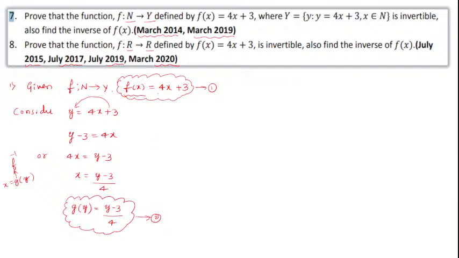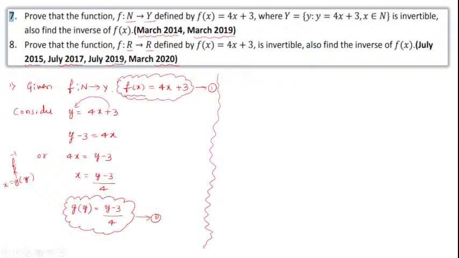First, take f of x and work it out. Take f of x equal to y. Then convert your y in terms of x. After getting x, denote it by what? G of y. That is equal to (y minus 3) divided by 4. In the next step,